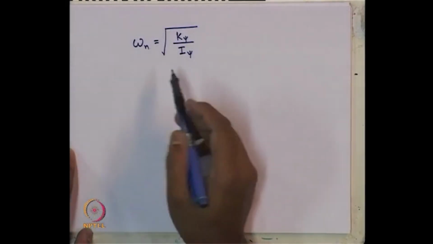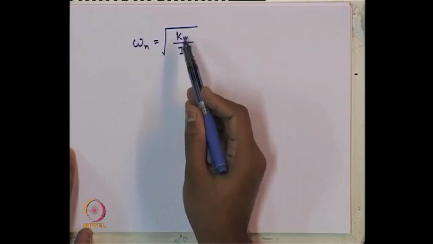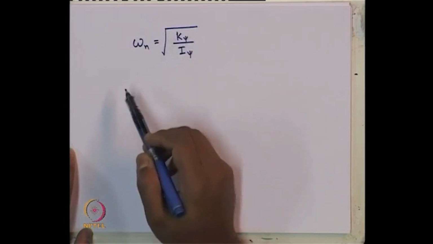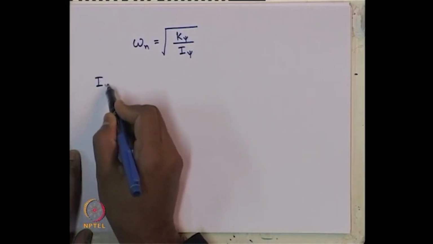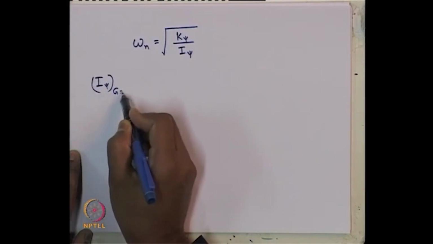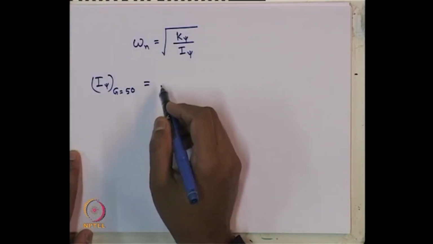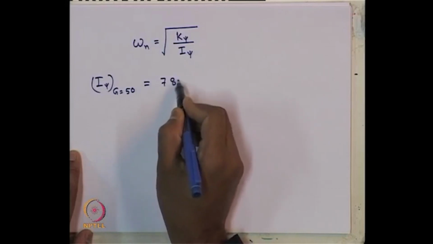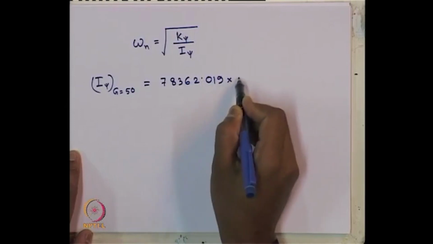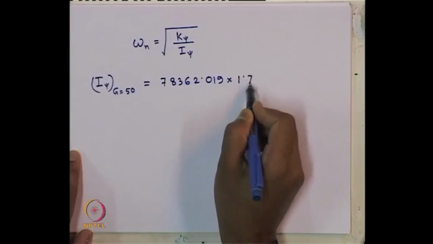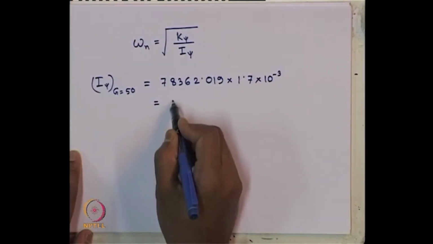So, in the translational case it is root over k by m, whereas here it is torsional or rotational spring stiffness divided by the mass moment of inertia. So, now we can write down I psi for G equals to 50, the first case, using the assumed gamma value. So, 78362.019 into how much we considered, 1.7 into 10 to the minus 3. So, it will give us